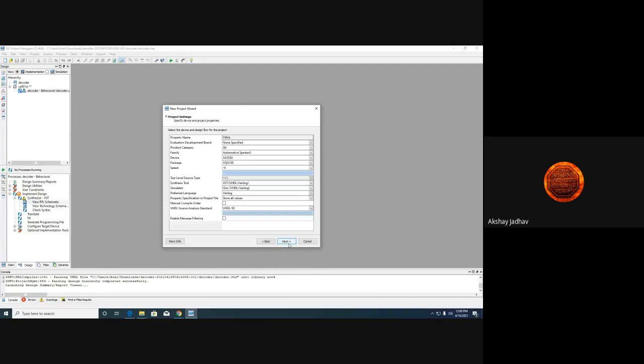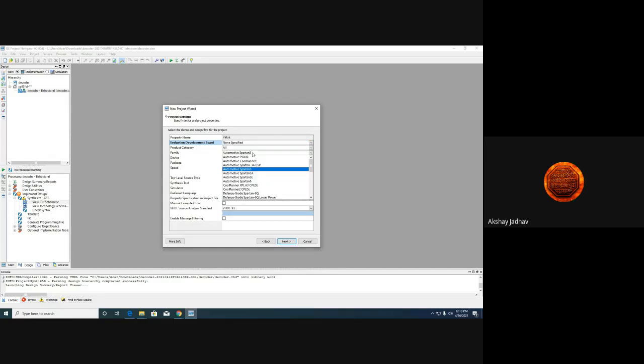Just click on next. Now the whole wizard will come where everything you have used is documented: the property name, what evaluation board, what kind of board you want to use, Spartan or whichever, that you have to select. Under that, Altera, Virtex, all families are included over here.